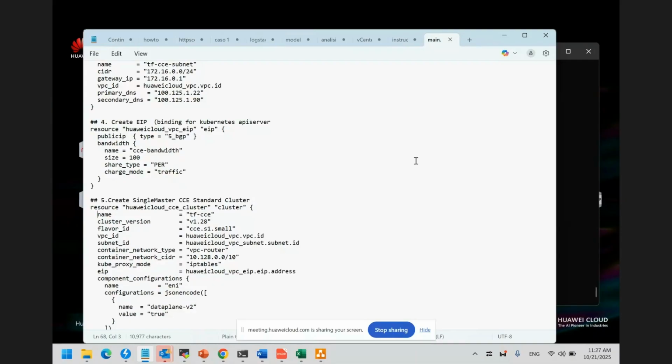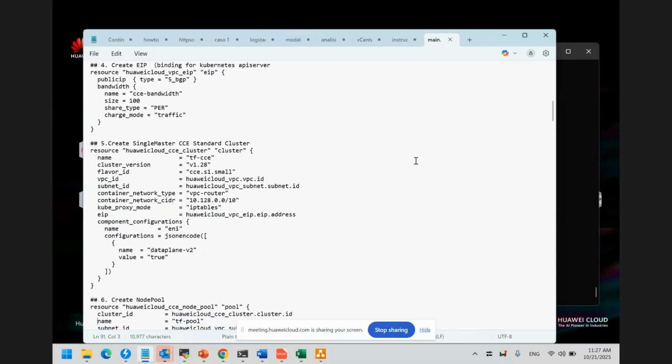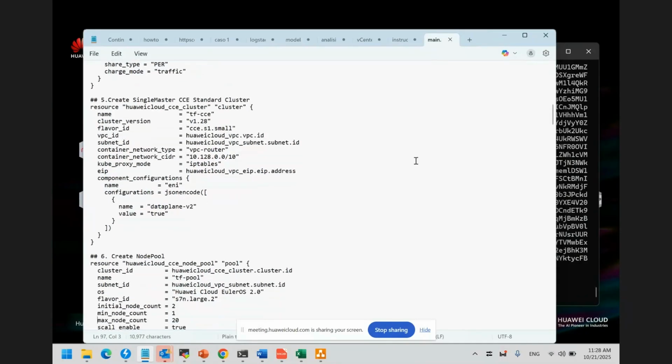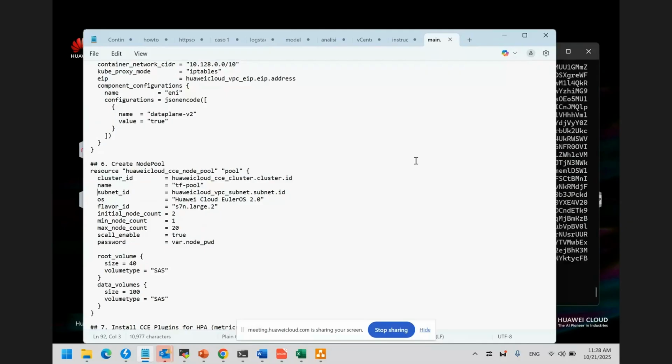megabits per second. Okay, then in this step, the standard cluster, we are using a standard cluster. Okay, so this is the definition. So everything that is done in the console is done in here, but programmatically. Okay, then the node pool, you can see here, there is a Euler OS 2.0. This is the operating system. This is the flavor ID. We need to be sure that in the region where we will deploy, this flavor of ECS exists. The size of the